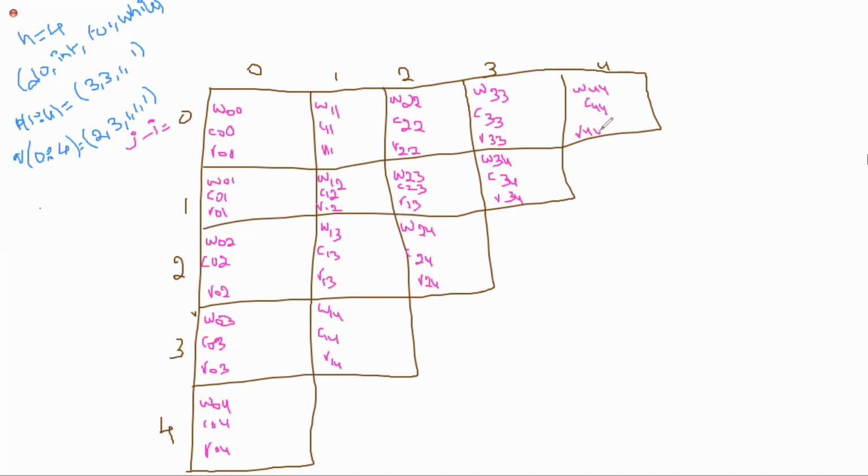Did you understand how I have given the values? Please respond, say yes or no. Did you understand, ma'am? Here the difference is 0, here the difference is 1, here the difference is 2, the difference is 3, here the difference is 4. In Wij, this is i, and j minus i is the difference. Based on the difference, I have given the values. Is it clear, all of you, the construction of the table? Say yes or no.